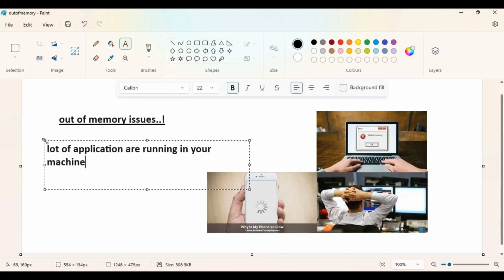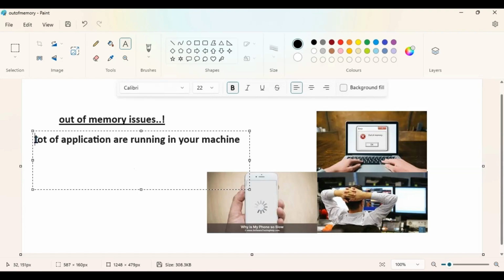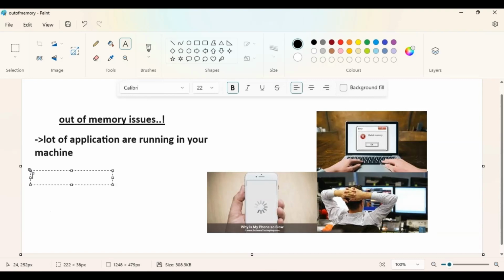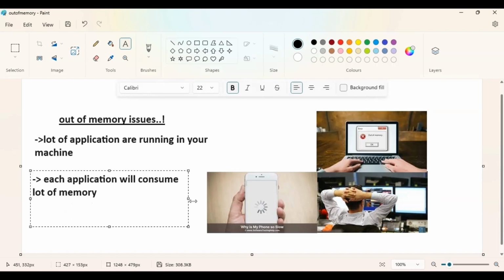Each application will consume a lot of memory. That's the reason you will be getting out of memory issues. Consider you also build one application in Java, and that application is running in your laptop,